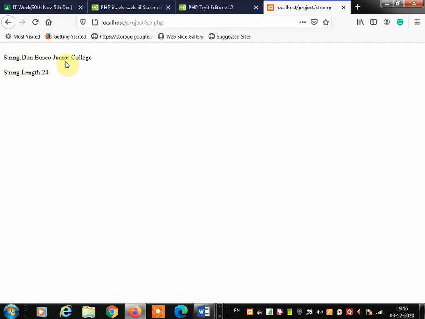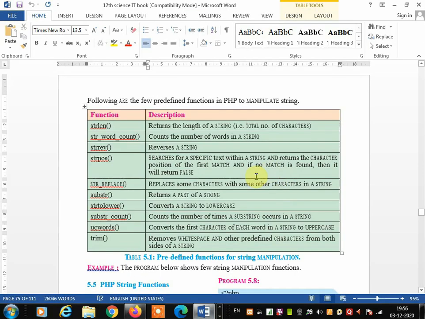Then Junior is 6 letters, 10 plus 6 is 16, 17, 18, 19, 20, 21, 22, 23, 24. So altogether 24 characters are there. So the strlen function will calculate the length of a string. It will count the total number of characters.